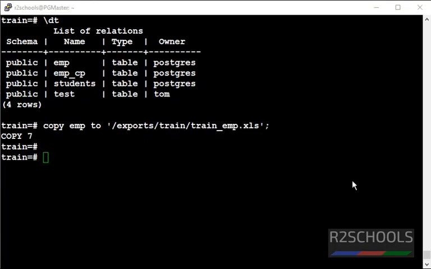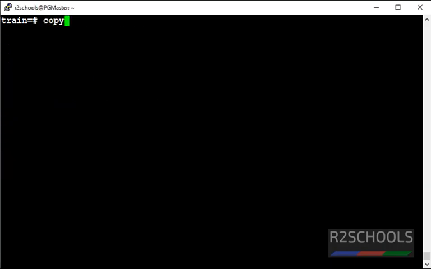In the above two examples, we have copied entire table data. Suppose you want to copy a query result to a CSV or Excel file, run the command COPY, select empno, ename and job from EMP.